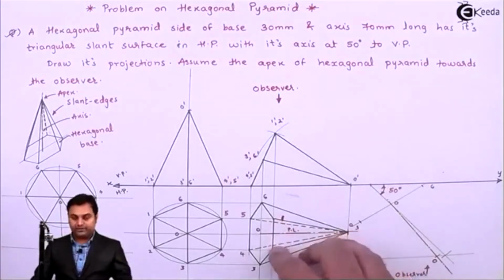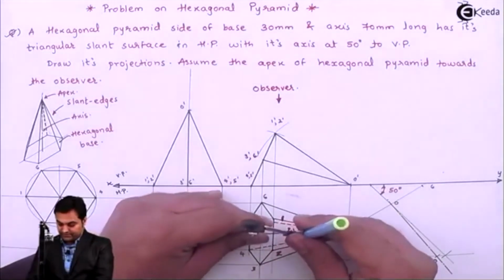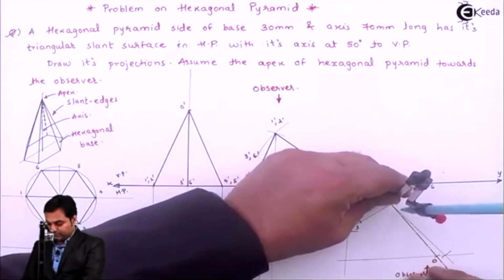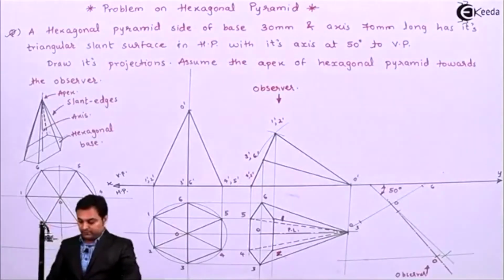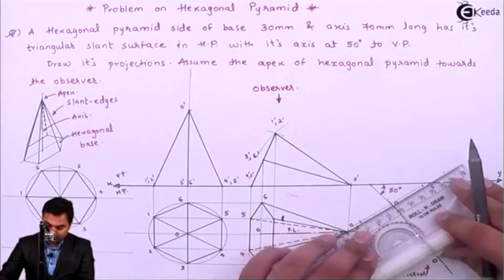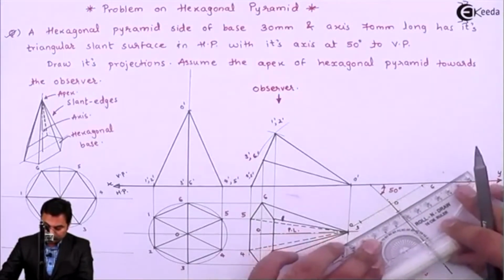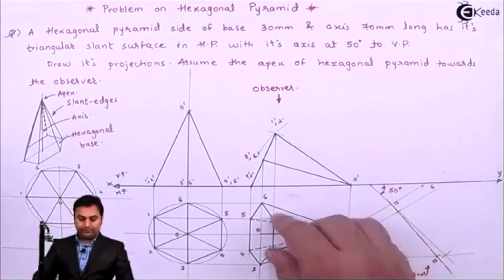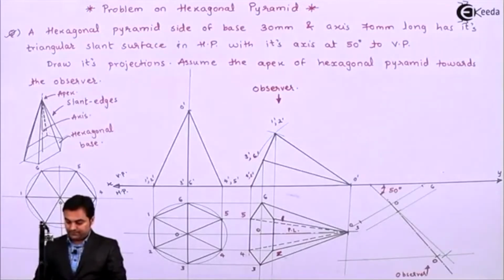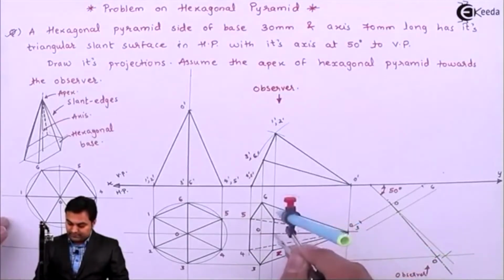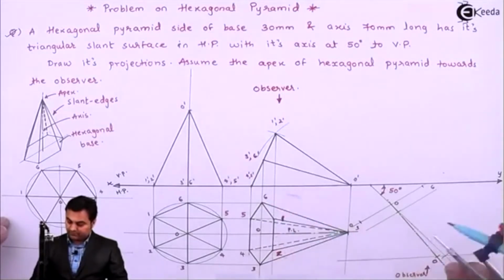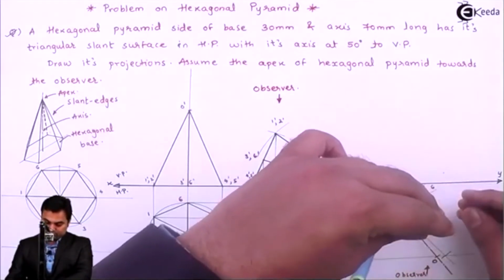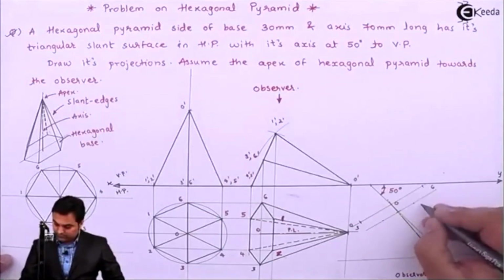Next, I want point 1 and 2. For that, I'll measure the distance from O to 1 and 2, and from point O I'll mark it onto this axis, and then drawing a light line through it, light perpendicular line over this axis. Now on that I require points 1 and 2, so for that I'll measure the distance from the axis up to point 1, same will be the distance of point 2, joining them. Here I'll get point 1,